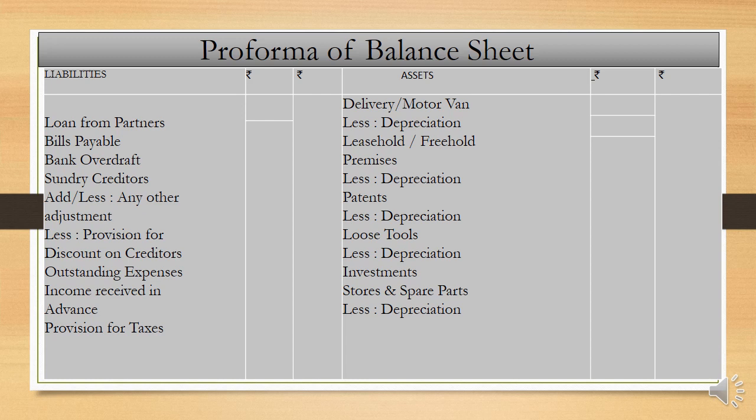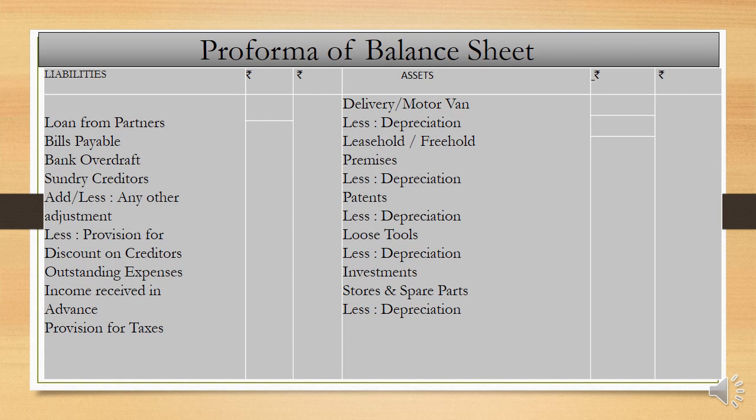Bills payable arise out of a credit transaction, that is we have purchased the goods on credit and we have to pay the amount to the creditors, and for that we have accepted the bill. That bill is known as the bills payable. Bank overdraft, as we are running the business, so we have the current account. Compared with the balance in the account, we have withdrawn the excess amount from the bank, that is known as the bank overdraft. But still we have to pay the bank, so that is a liability for us.